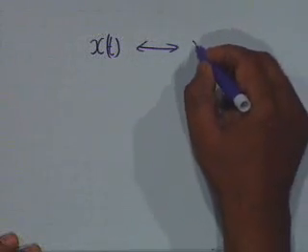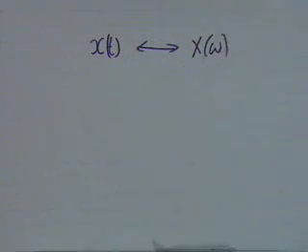This is the 13th lecture on Fourier transform of periodic functions and Fourier transform properties. Last time we introduced the Fourier transform, that if there is a function x of t which is Fourier transformable to X of omega,